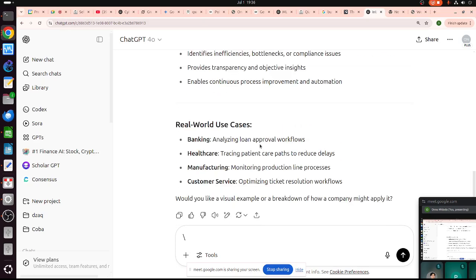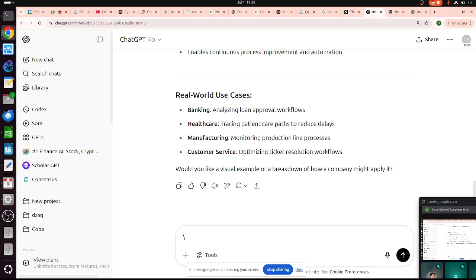Then the problem is how can we? Oh, this is the real use case. Okay, analyzing loan approval workflow, tracing patient care path to reduce delay, monitoring production line process, and so on. What we normally see is the customer service like help desk. Okay, now what kind of software we can use to analyze these things? Of course, there are a lot of software actually, especially if you want to pay. So we have a lot of proprietary software. So many lists of